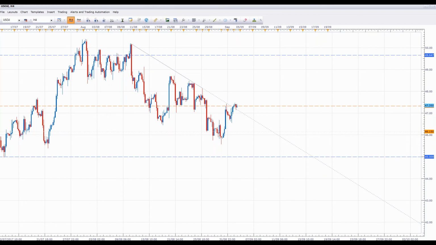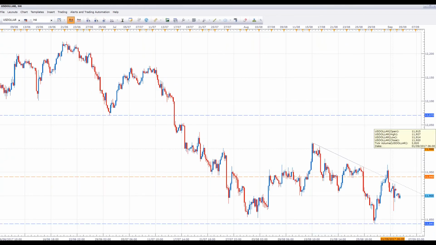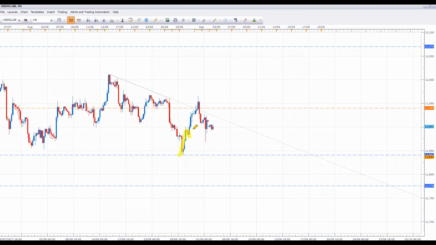US dollar index. Okay, let's just quickly go back and have a quick look at it. Yeah, I would agree. To me at the moment, it does look like this. And we did come up and we did tag above these highs over here, but that does not mean that this downtrend has been negated. So certainly, hence why I say if we stay below this level here, we're going to be considering this as an ABC, that's correct. But if we get a break above this area, we're going to know that this, what we're looking at as an ABC, is invalid. So I would agree with that there.